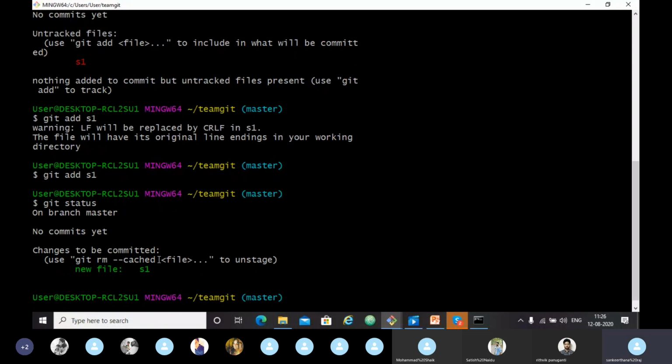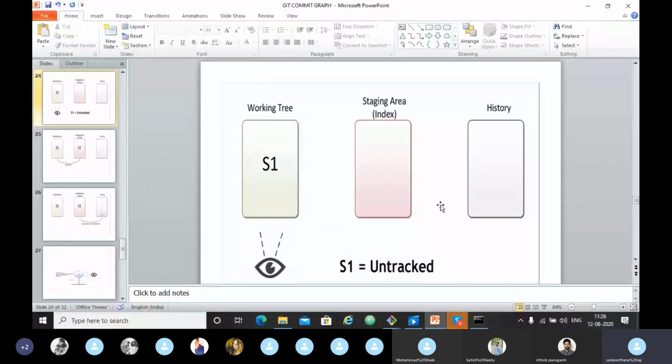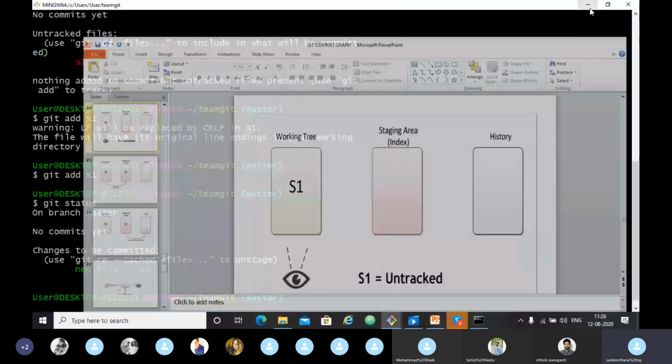So next we have to make our first commit, means we have to do that in the history. In this history part, until now we have pushed S1 into the staging area. Here our S1 exists now. We have to push that into our history so that we can see it whenever we want. So to make a commit in our history,